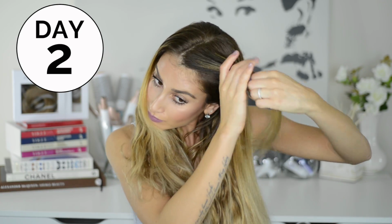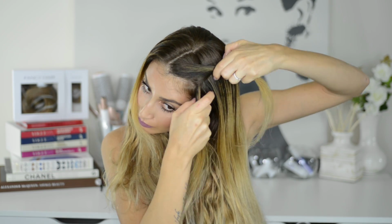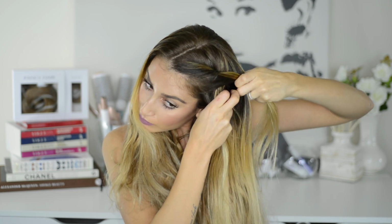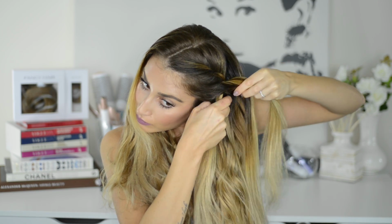For the first hairstyle, I'm creating an easy half-up French twisted style. To create a French twist, you want to pick up a section of hair at the top of one side, split it into 2 strands, cross the strand that is closest to your face over the strand that is furthest from your face. Then you want to pick up hair from the outside of each strand, combine the hair with